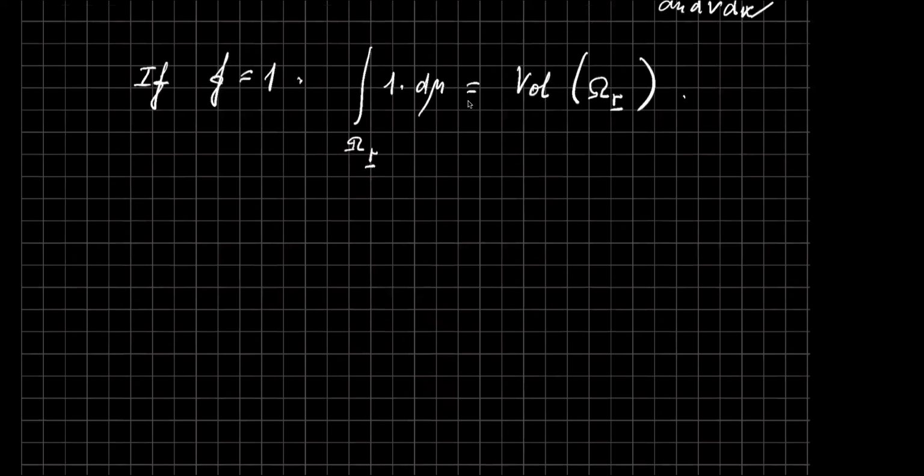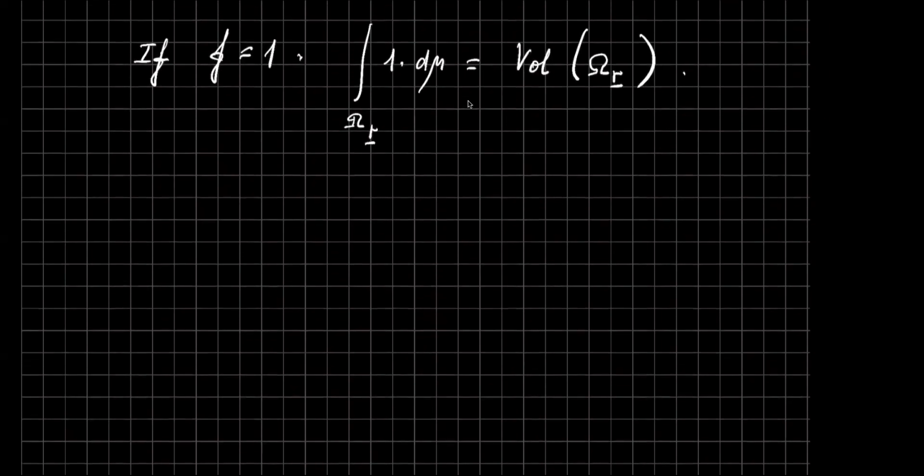Now, let's see, we have a special case where we can actually use this. So let now V be a vector field, and it has three coordinates, V1, V2, and V3. And each of them are, of course, functions of x, y, and z. So let this be a vector field